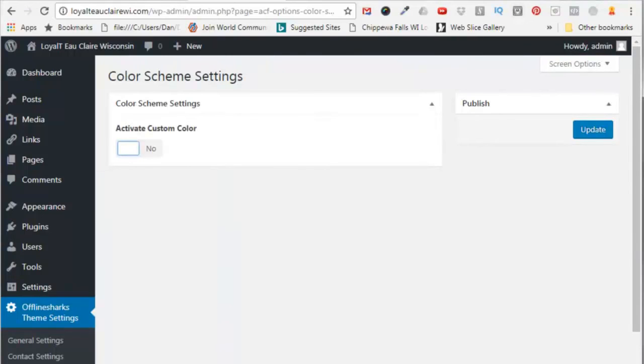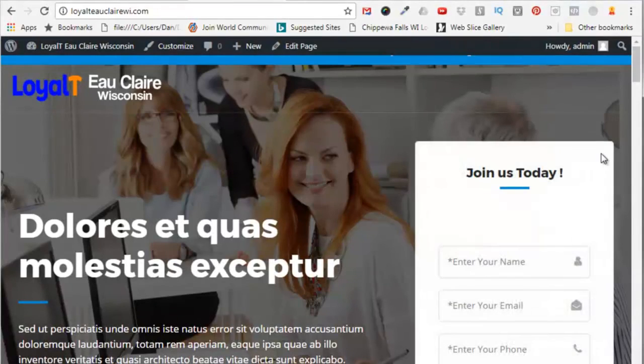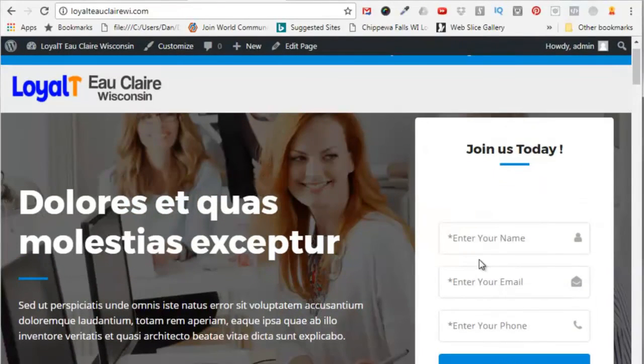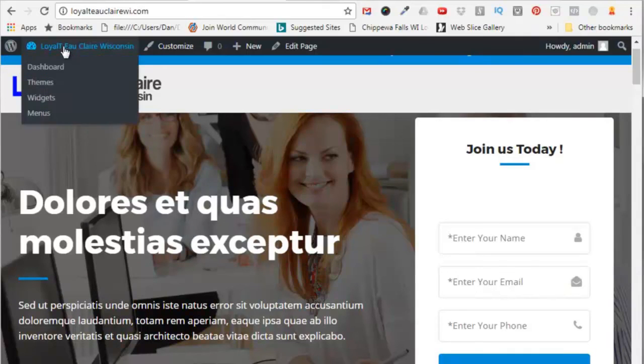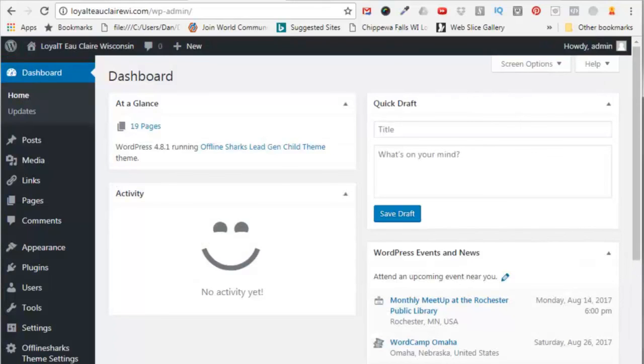Now we can set up our contact form settings. And what the contact form is this guy right here. Now by default, this doesn't go to an autoresponder. The way this theme is set up, this information will get emailed to you. So we'll go here to dashboard. Now one thing to note here is the settings general